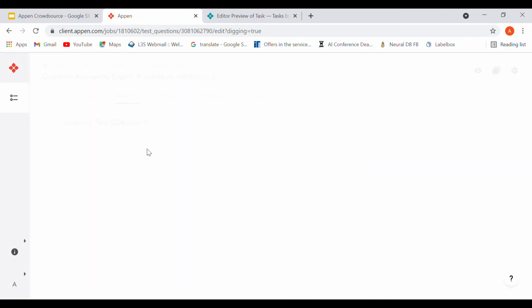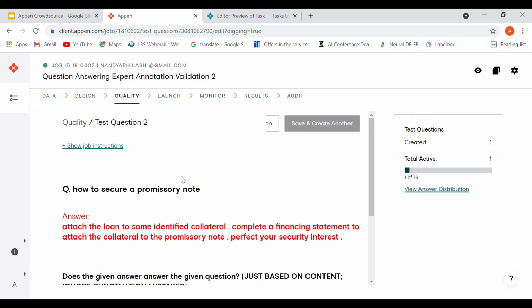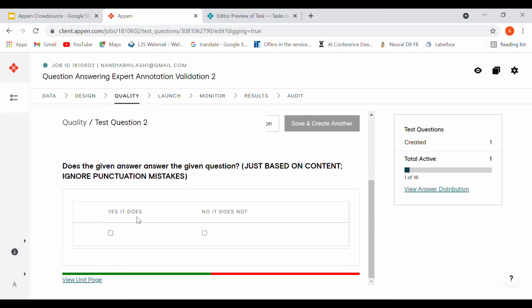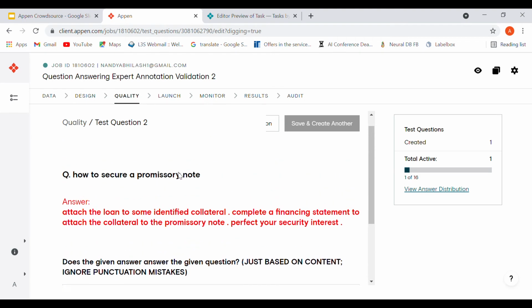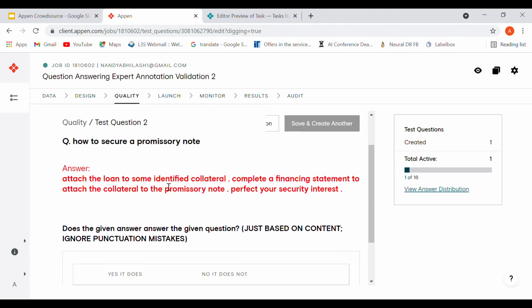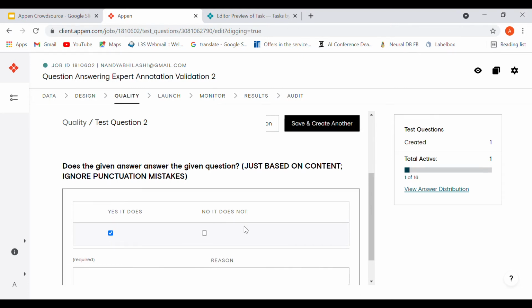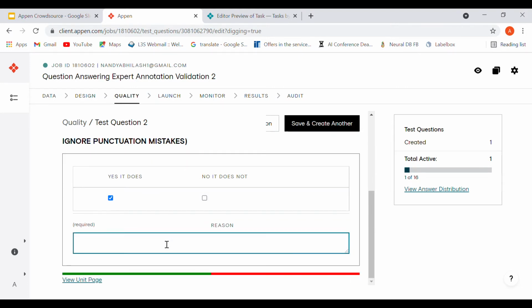You will be presented with different question answer pairs randomly, one after the other. Let's say you are sure that this particular question answer pair is this particular option, then you can also give a reason why it is so, and you can save that and keep creating.